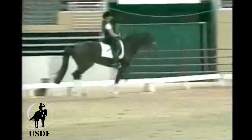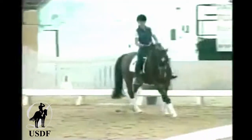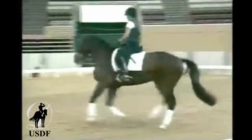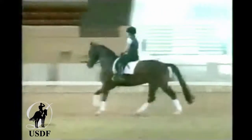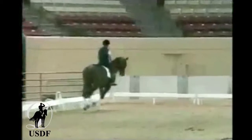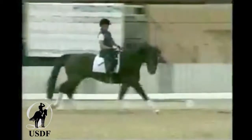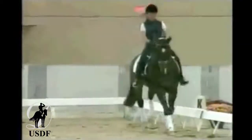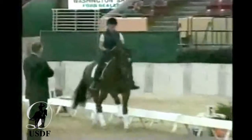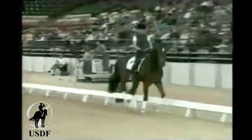Now what do we see here now? First of all, in the canter, which is totally normal, the neck is not as steady as in the trot, because canter is a movement where it is a lot more difficult for the horse to find the balance with the rider. But the canter itself has quality. It's a clear 3-beat canter. It is in rhythm,